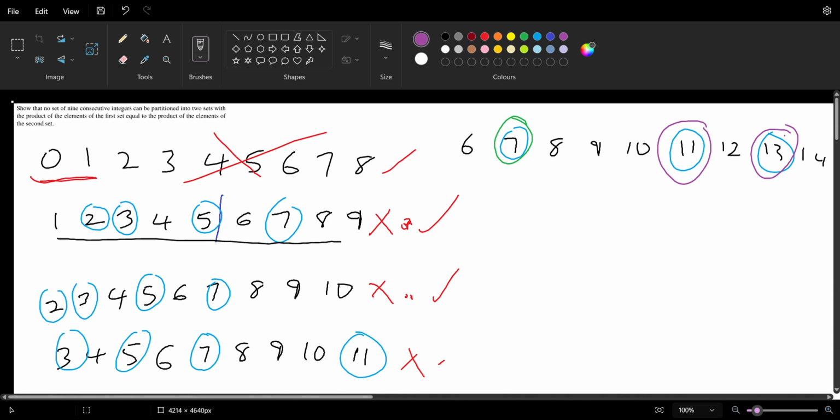So indirectly, if we can put it in writing form, we've seen that once there's a prime factor greater than 9, you cannot partition it into 2 sets so that the products are equal, because there will always be a prime factor that is lonely. Or not necessarily, sometimes you may not necessarily have just a prime factor. You can have something like, let's say,